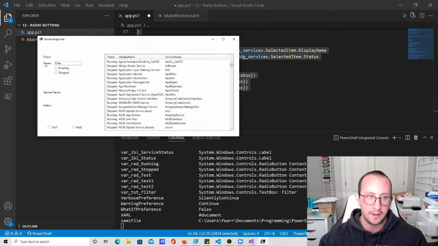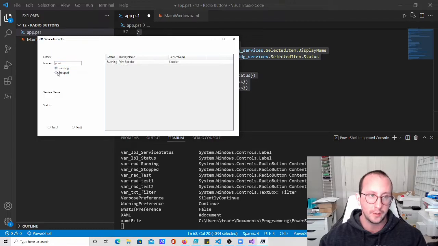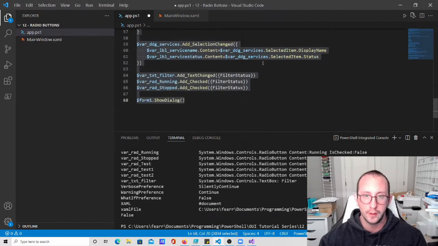So once we have that in here, we're going to type in our print. We can do running. We can go to stopped. Now, of course, it would probably be useful to have a radio button here for both. So what we can